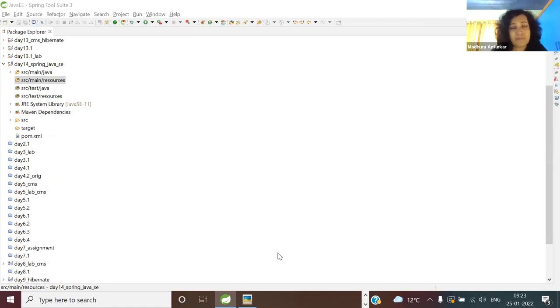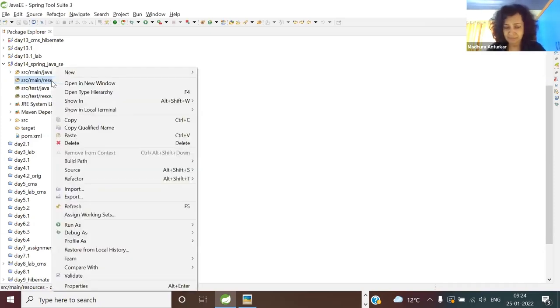Of course, resources. Till I take you to Spring Boot, you will still have a lot of XML content. Start with me. That is why I wanted everyone to try this. Right click on resources. This is why I had asked you long ago to install STS. STS is Spring Tool Suite, nothing but a Spring IDE on Eclipse.